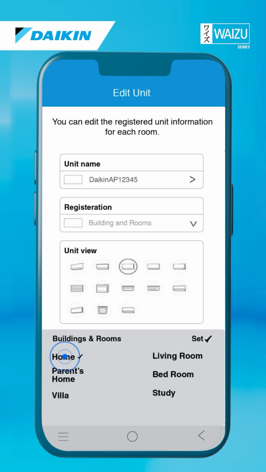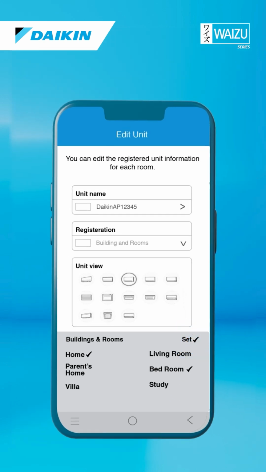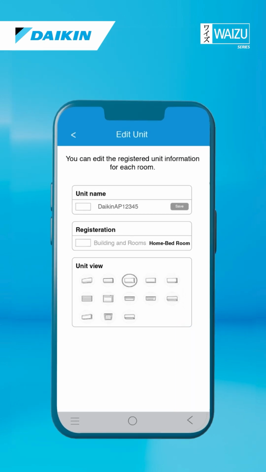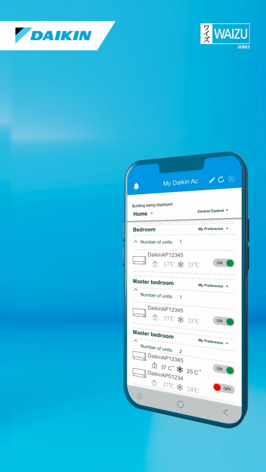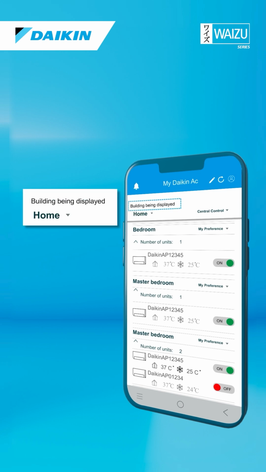Click on Registration. Select building and room where you want to add. Click on Set to save the unit location. If you want, you can edit unit name and unit icon also. Click on Save. On the left side, you can see the selected building, and on the right, you can see